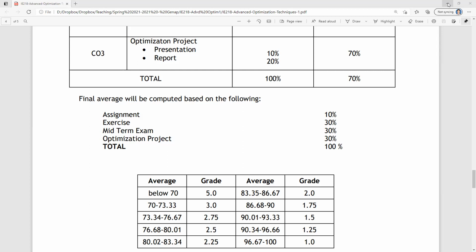Okay, and then for the application project, I already mentioned earlier, I am not strict with you on the topics covered in the class. So you do not have to wait. For example, I want to do a facility location problem, but facility location will be covered in the 4th or the 5th week of this class. So I will not suggest you to wait for the topics being discussed, but